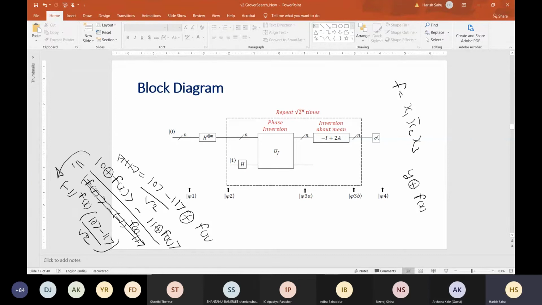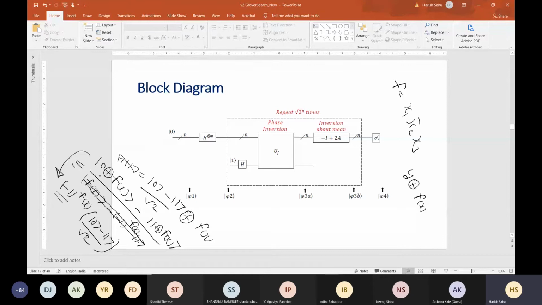Basically, in the oracle, what we wanted to do is put a coefficient of minus 1 to the power f(x). Whenever f(x) is 0, it will not change anything. Whenever f(x) is 1, it will change the sign. So I am trying to write this thing as this, and we have to check whether it is the same.